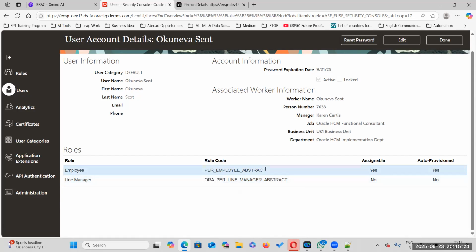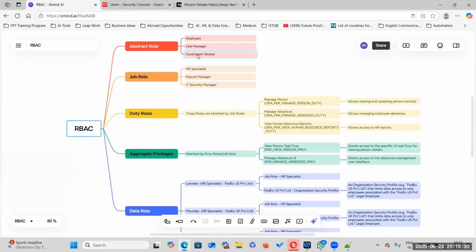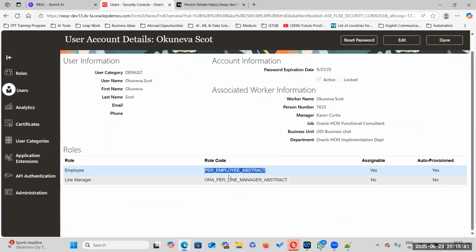Suppose when we hire a contingent worker, it will not come as an employee abstract. It will come as contingent worker abstract. When you hire a contingent worker, it will get the contingent worker abstract role, not the per employee abstract role.